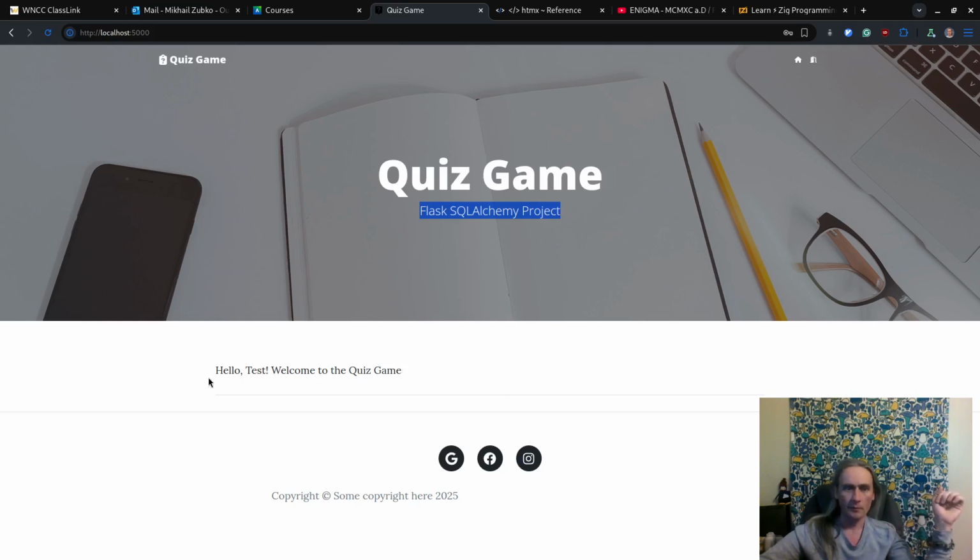This is what I put in the home page, like quiz game. These are the three little footer buttons, like Google, Facebook. We can change them, we can remove them, whatever you want. And a little bottom information like the copyright and the current year that I showed you, which is injected on all pages. I can log out,